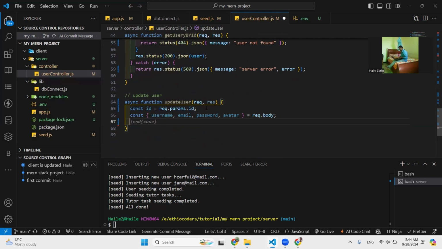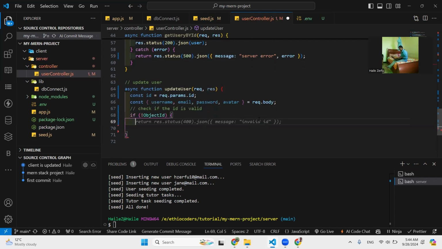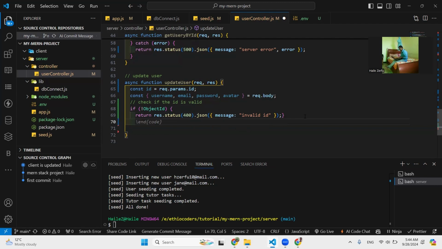Inside the update, we use check if ID is valid. We also update, check if the ID is valid. If the ID is not valid, then it should return the message invalid ID. Else,